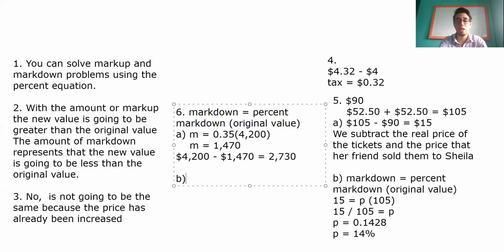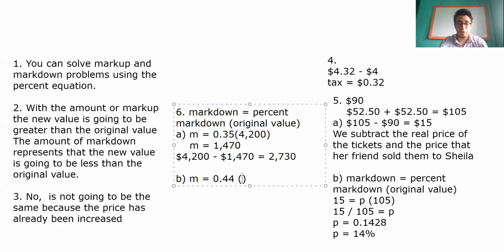And now for B, I need to do exactly the same. I'm going to find the markdown. The markdown is the discount, okay? It is the difference in the prices. Remember, okay? Then I'm going to find the markdown with a 44%. So if this is 44%, I'm not going to write the 44%. Remember, I divided by 100 to multiply. I need to have the decimals. 0.44. This is the percent, and this is going to be multiplied by the amount of money you have,